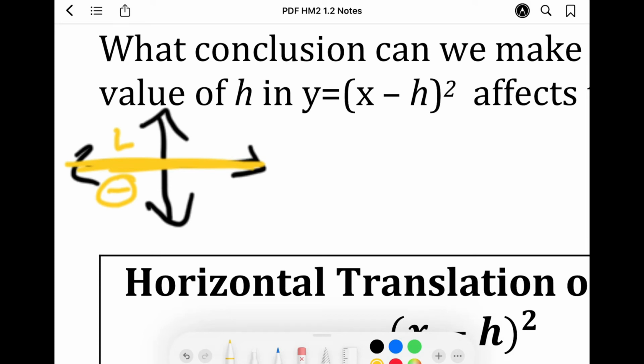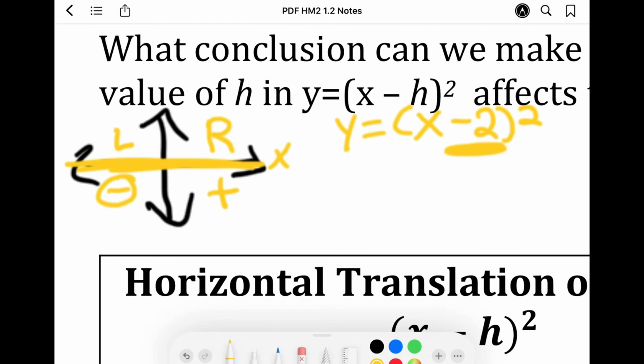Negative. The right side of an x-axis, are x values positive or negative? Positive. So if you are given an equation, x minus 2 squared,